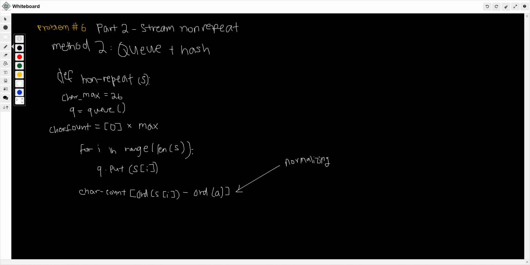Normalizing. So we get the real value instead of just, because A is at 97 on the Unicode thing. So we are starting at 97, but you can't start at 97 because that wouldn't give us the right answer. So whatever. And then we're going to increment that ordinance, subtracted by A, plus one. And then we're going to move over here because I ran out of room.